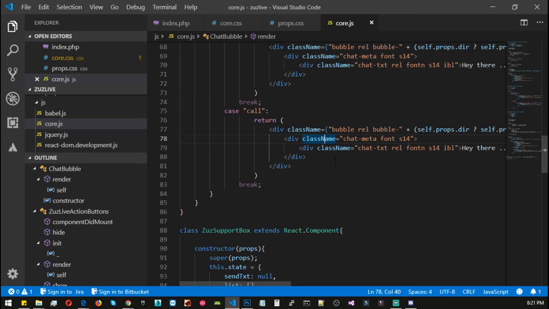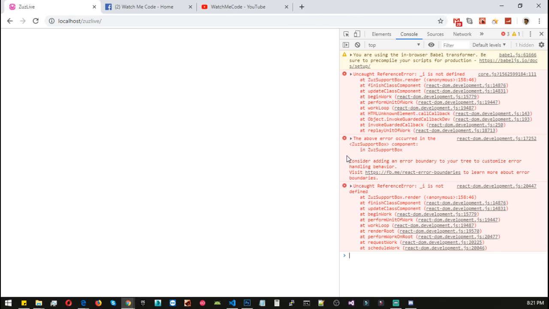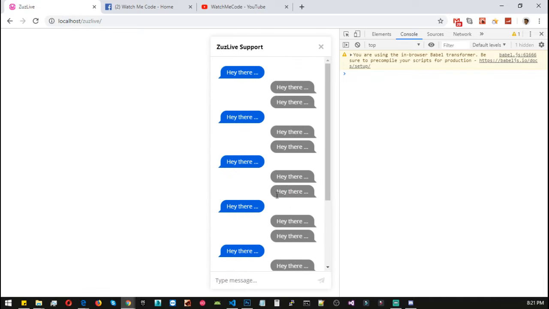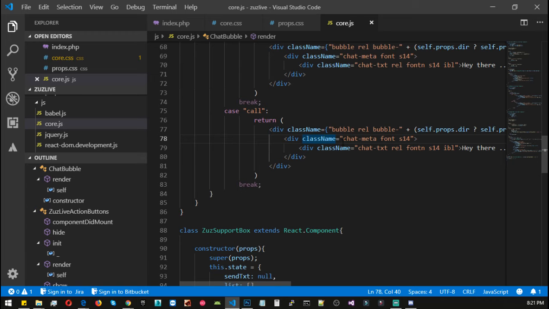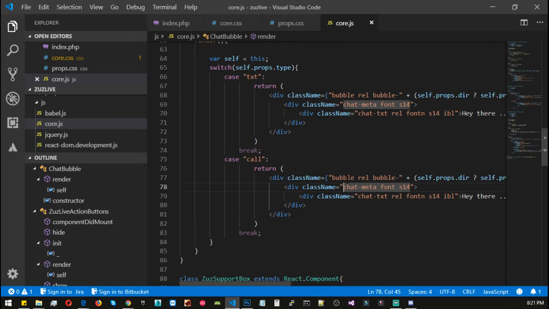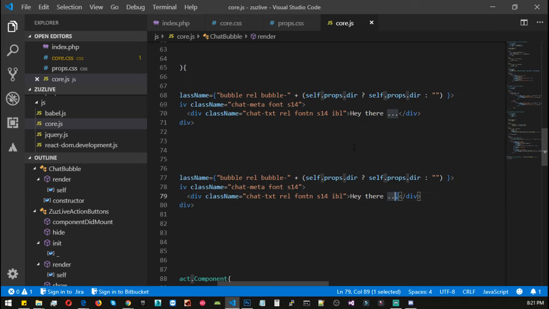Let's quickly check if everything is working perfectly. Click, great. Now we need to add inside the call, instead of simply chat text, we will use